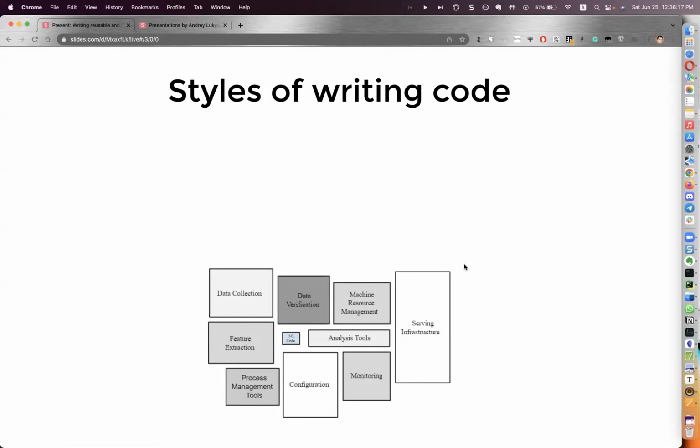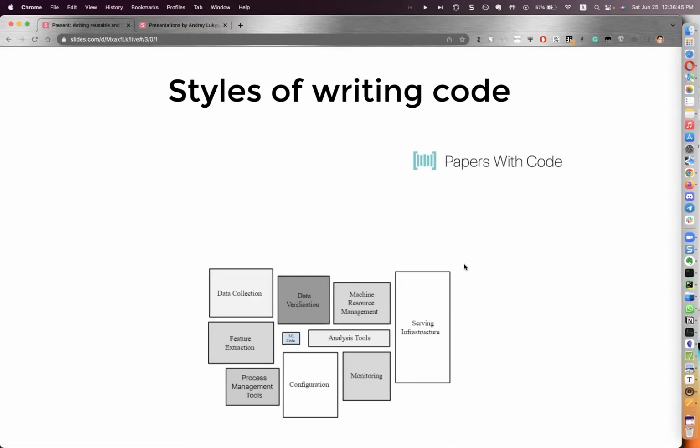Maybe it could be tested. It should be well written. Maybe it's optimized for something. For example, if you need to have a high load, you optimize models for speed. If you want to be able to deploy the model on small devices, you optimize the model for size. If you need interpretability, you use simpler models and so on. So the emphasis is on well-written code, stable metrics, and software engineering.